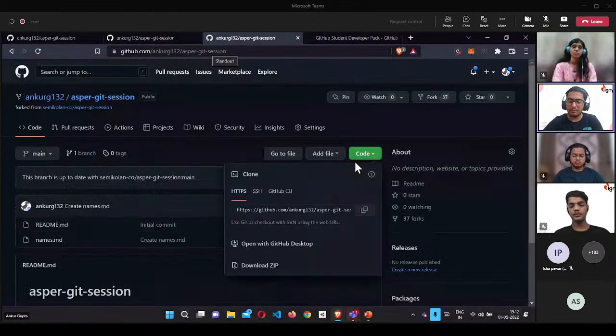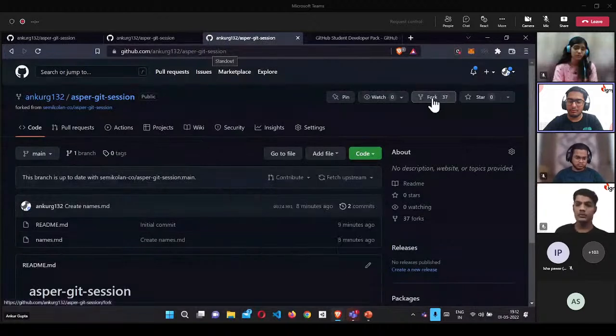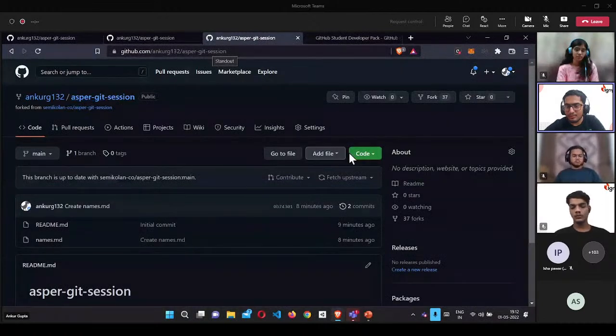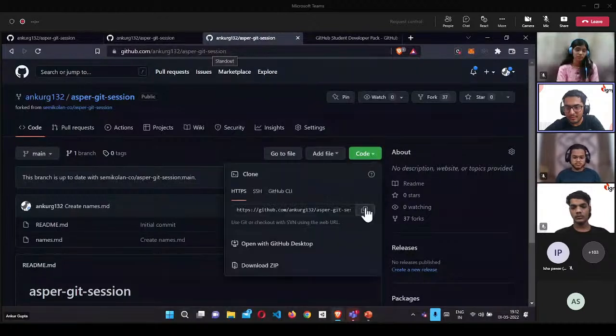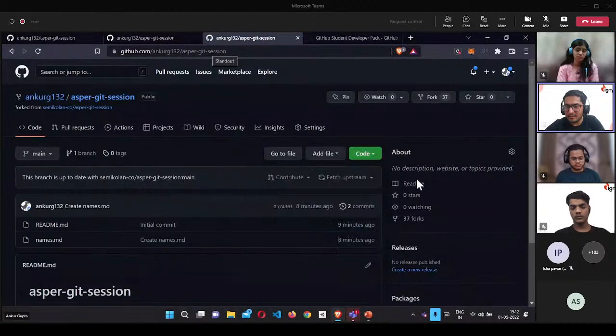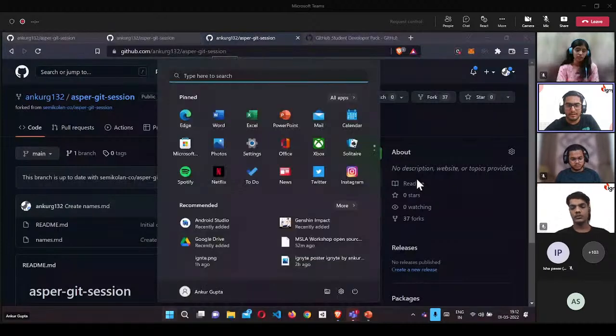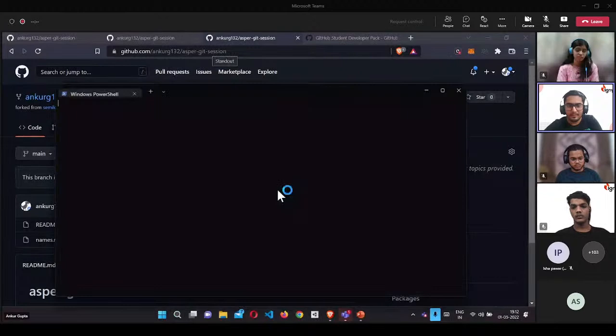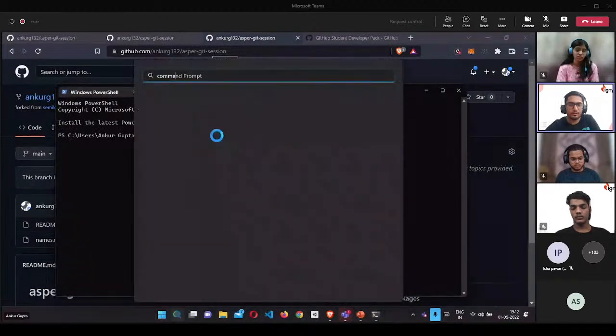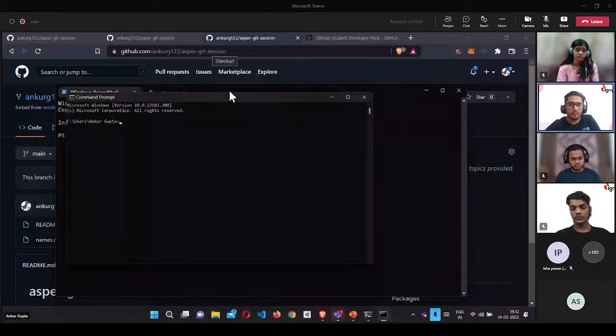So what I want you all to do is go to your forked repository. You probably clicked on this fork here, and then you'll see something like this. Then I want you to go to this code button and copy this line. This is the HTTPS line. Through this line, you can get the .git extension file copied. You can just copy this right here, and then you can open your terminal, command prompt, anything. In Windows 11, there's this terminal that works like it. You can also open your command prompt. Both will work just the same. So you can open any of it.